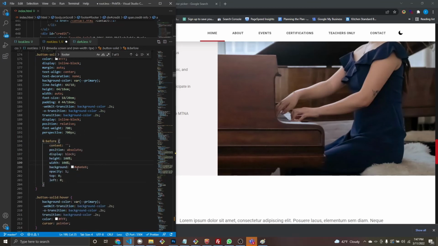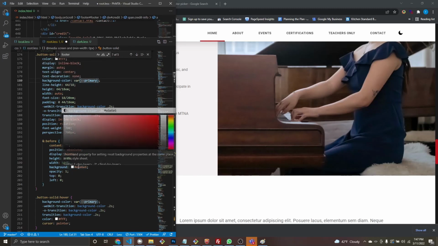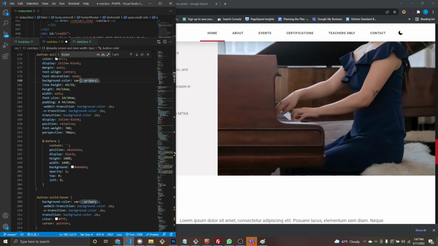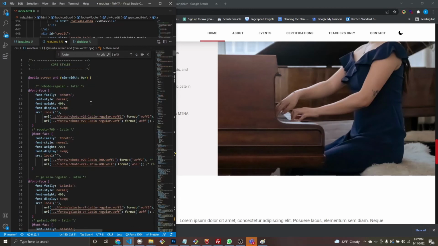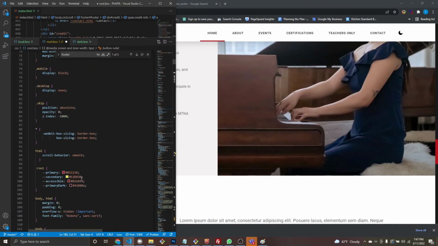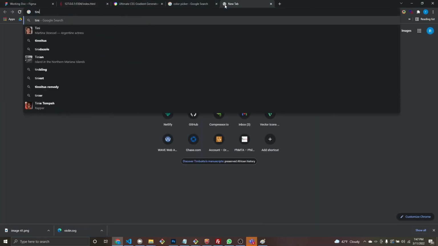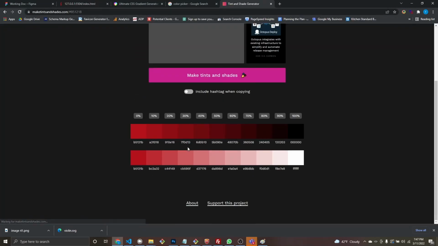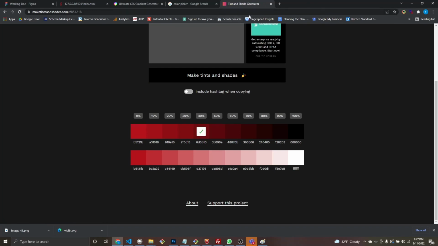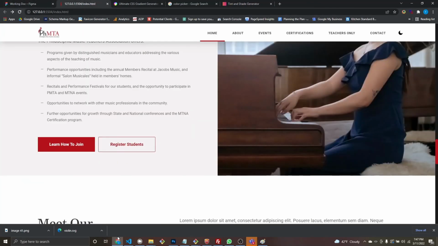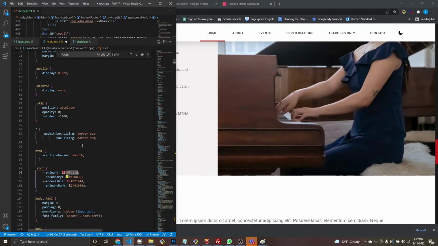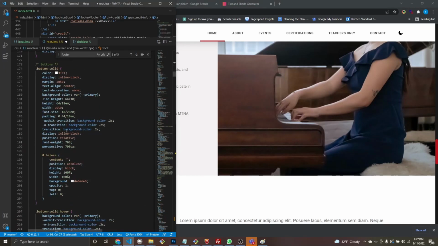All right. Background. I'm gonna take primary. I want it to be darker. I'm gonna use my tint shade. Add that. Make my tint. We're gonna go with that. 40% tint. All right, now